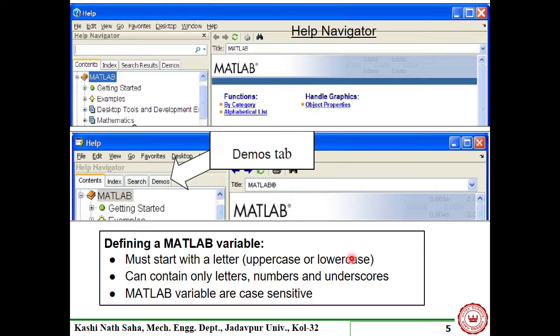Those two will become two different variables. But there are some languages where a variable name can be in uppercase or lowercase, like in email. If your user name you type in capital or lower, it will accept. So it is not case sensitive that way. But MATLAB is case sensitive. This is what you must keep in mind.